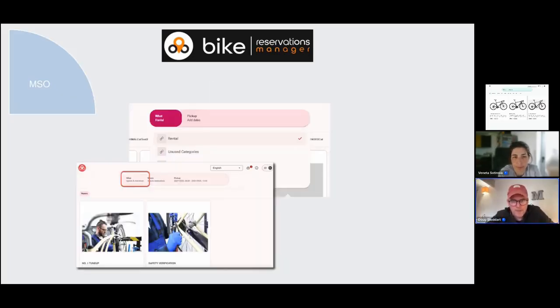Okay, multiple service offerings. So like I say, this is very much the future of BRM. BRM is aiming to be the trusted bicycle reservation system for the industry. Therefore, we're looking at supporting every kind of reservation, not just rental anymore. This already exists, both in terms of multiple service offerings and its support in the CBP. It is kind of the beginning of the journey, as we will explore this in next week's webinar on multiple service offerings, for anyone who wants to come and have a look at that. But you already can take